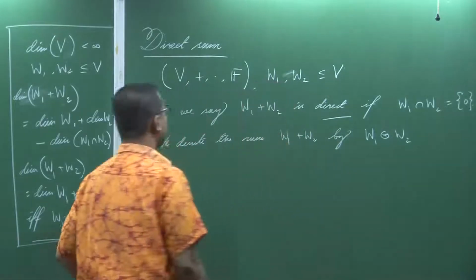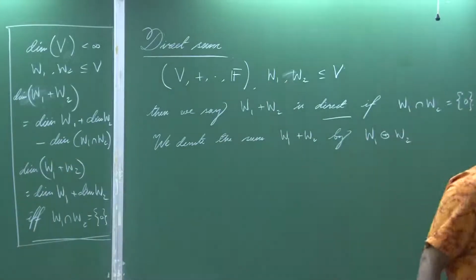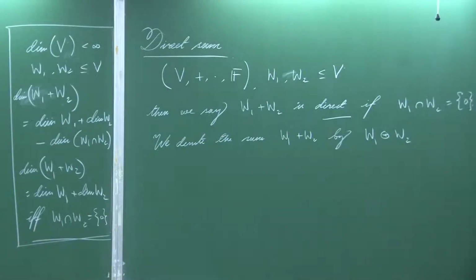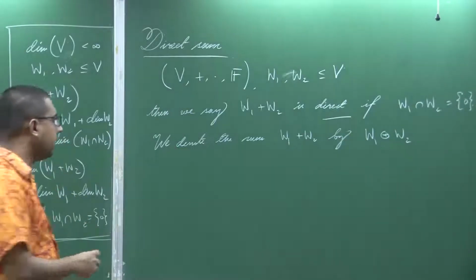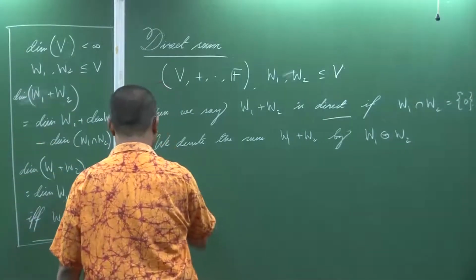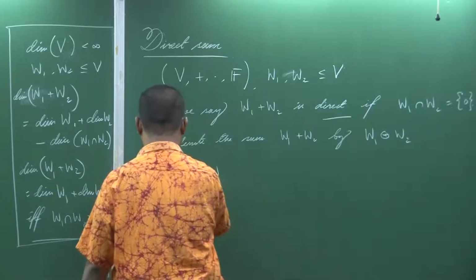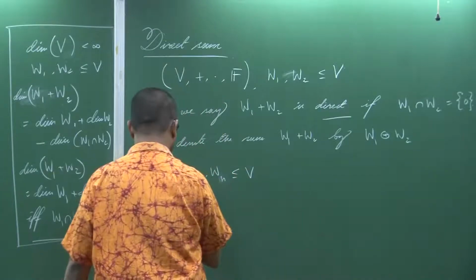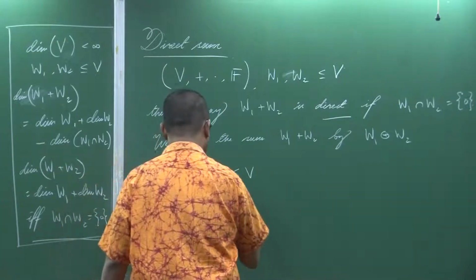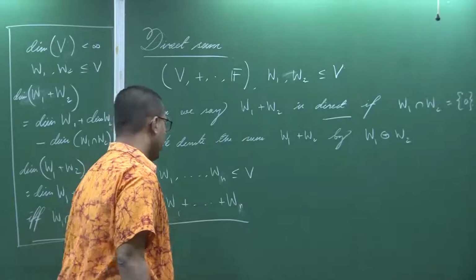And it is very natural to ask whether the notion of direct sum can be extended for finite instead of 2, whether it can be extended for any finite collection of subspaces. Likewise, the sum of subspaces, indeed it can be done. So, suppose I have a collection W1 up to Wn of subspaces. So, earlier I can define the sum of these subspaces. I say this sum is direct if